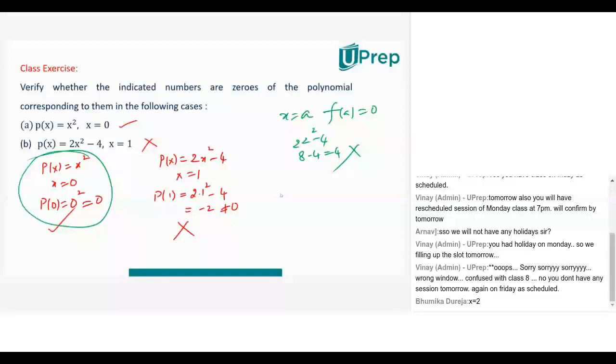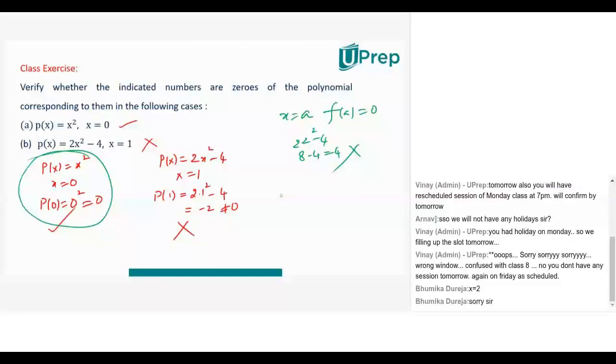Arnav, sorry, I didn't follow you. Sir, I'm finding the zero for p. Find the zeros of p first. There are two questions now. One is find the zeros of p. The second question is what is the second zero of x square? One 0 is visible, x equal to 0. What should be the other 0? Because the condition says 2 should be there. Now here I have only 1.